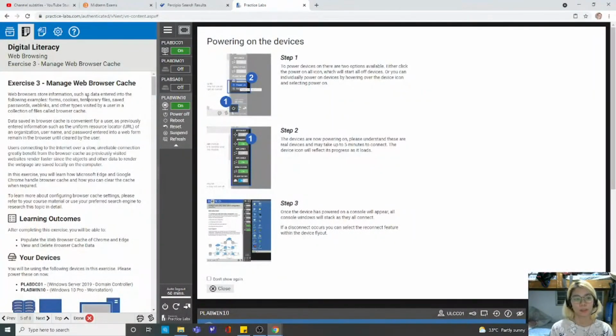So the third exercise will be manage web browser cache. Web browsers store information such as data entered into forms, cookies, temporary files, saved passwords, web links, and other types visited by the user in a collection of files called browser cache. Data saved in a browser cache is convenient for a user as previously entered information such as the uniform resource locator or URL of an organization, username, and password entered into web forms